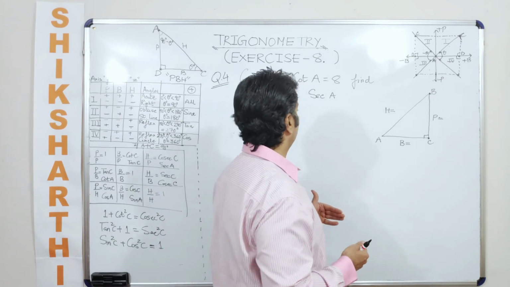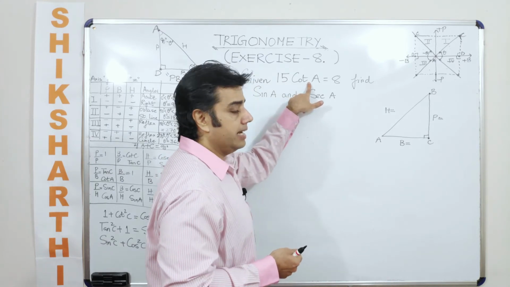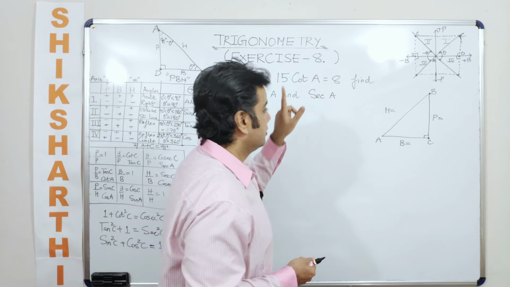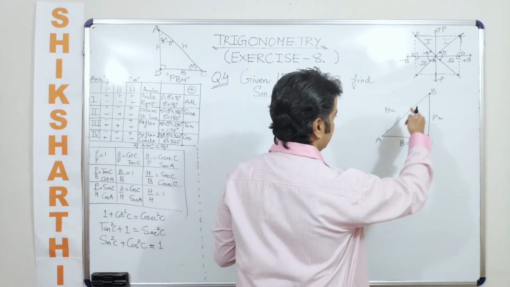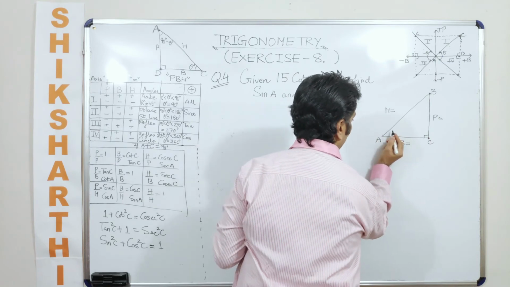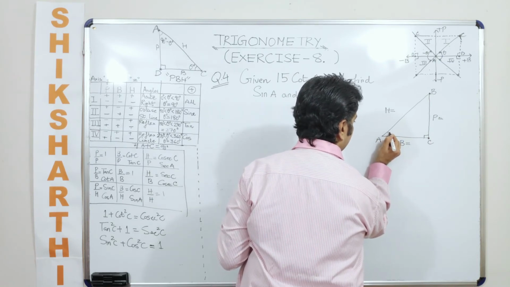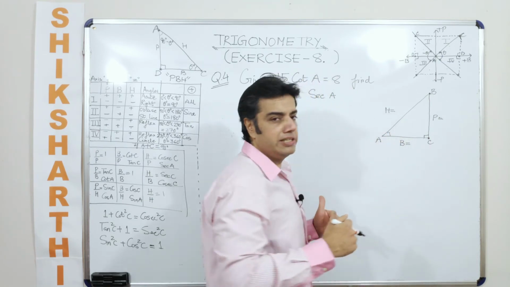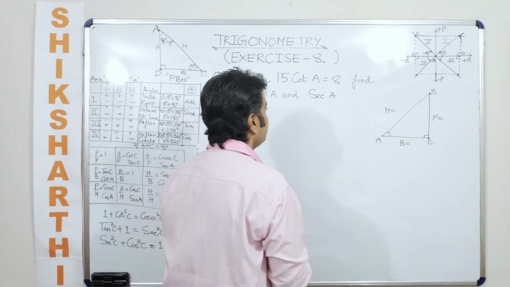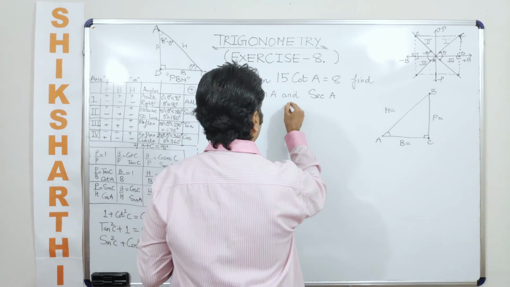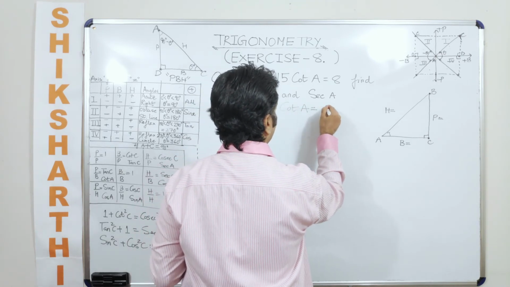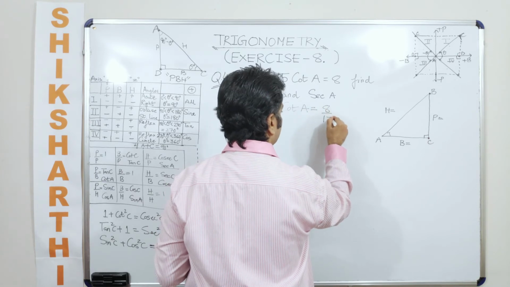So now what are you supposed to do? Have they mentioned anything about the angle A here? Is it acute, obtuse or reflex? No, they haven't. So the very first thing you would do here is, as advised, you would draw a triangle, and here I have taken the value of A as an acute angle, though it doesn't make any difference as far as the interpretation is concerned. Now from here we could have said that cot A is equal to 8 by 15.